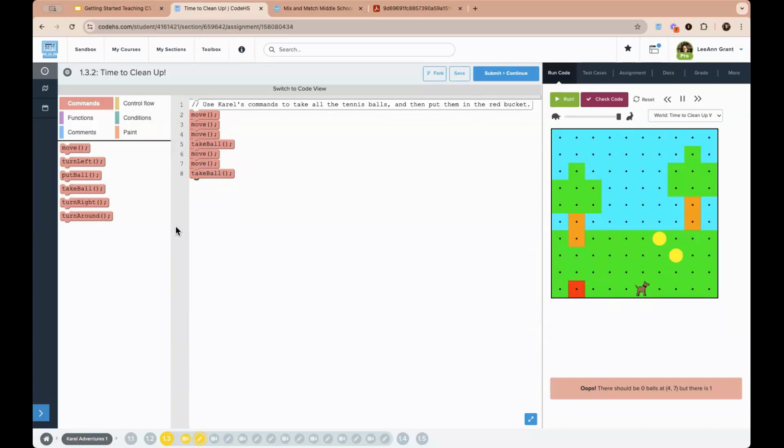Okay. Maybe I want to now turn left, turn left. Now you can see Carol's facing the other way. Now I'm going to move 1, 2, 3, 4. So I'm going to move 4.